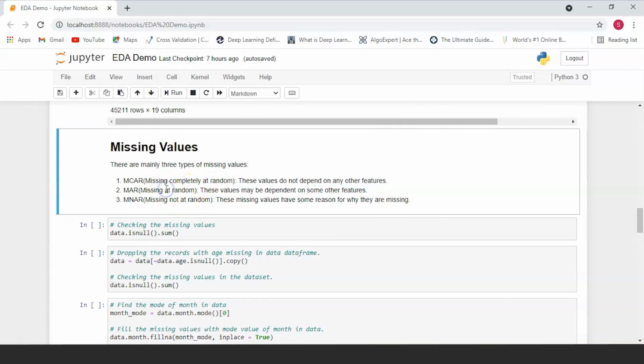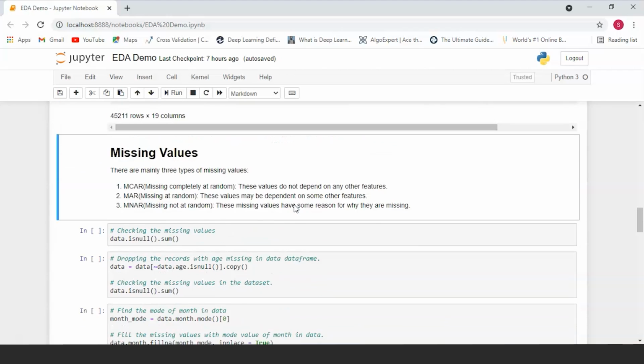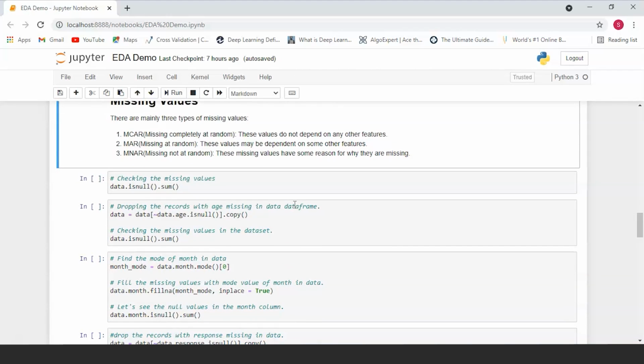Now another one is missing at random, and these values may be dependent on some other feature for as to why they are missing. And the last one is one which is not missing at random at all. They have a reason for why they are missing, and these types can give us further insight into our data set. So these are just the different types of missing values.